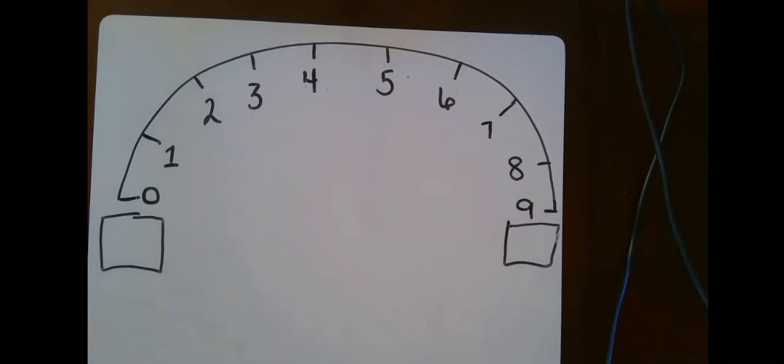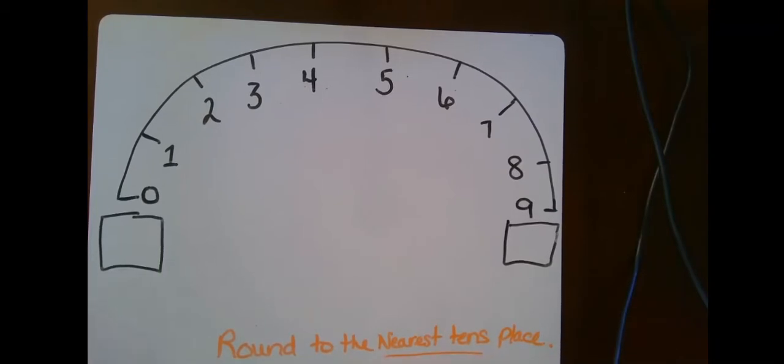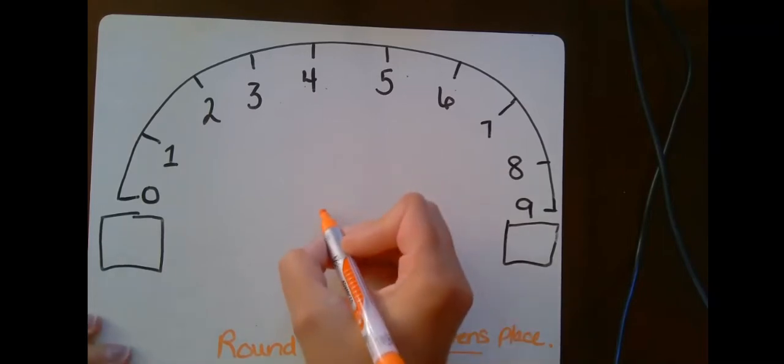All right, so this is our rounding roller coaster, and I'm going to start with the tens. So just rounding to the nearest tens. Let me write that down because it is always important to look at the directions. So round to the nearest tens place. Okay, so the next thing I'm going to do is go ahead and give you a number that we're going to round. So let's say that our number is